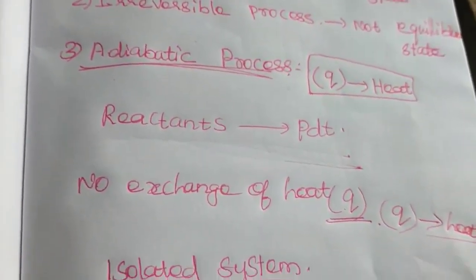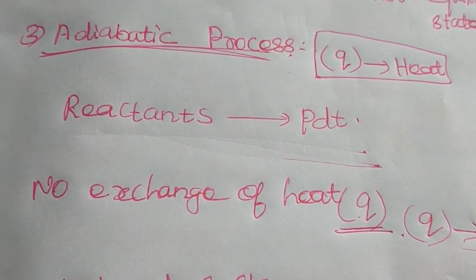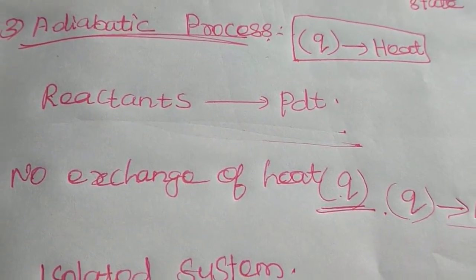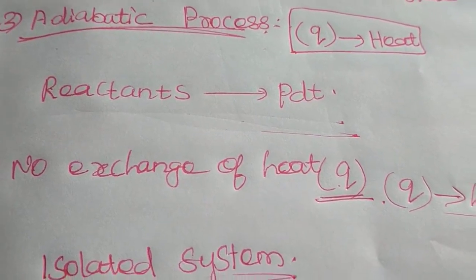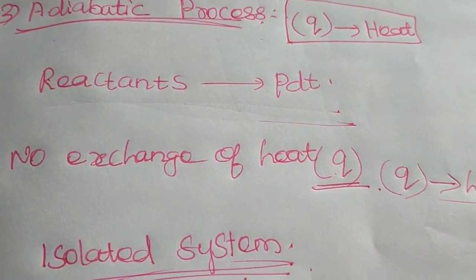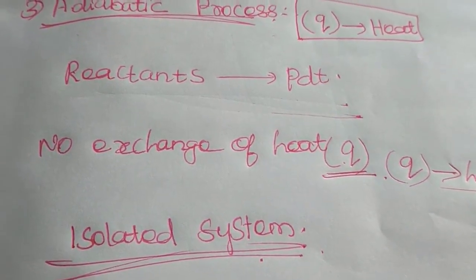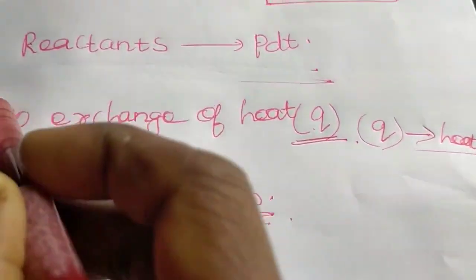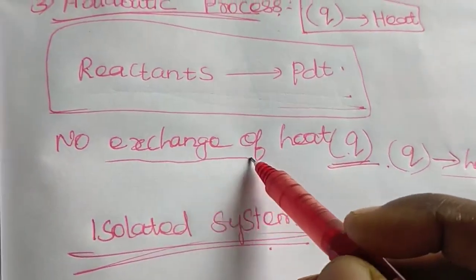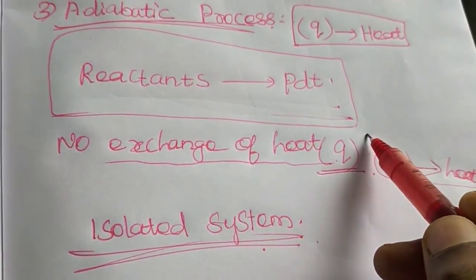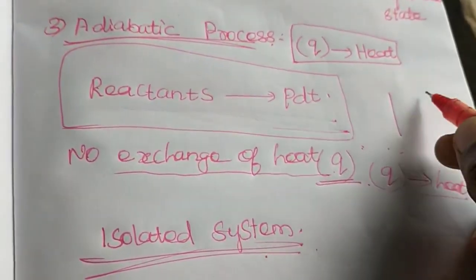So you can consider the third process is an adiabatic process. In the adiabatic process, we use one term, Q, that means heat. So what is the adiabatic process? It is defined as one in which there is no exchange of heat, that means Q, between system and surrounding during this process. So the thermoflask,